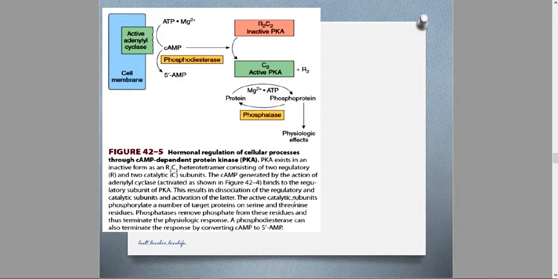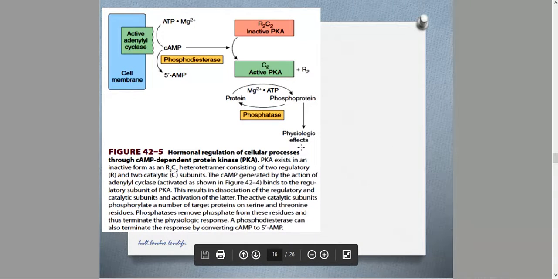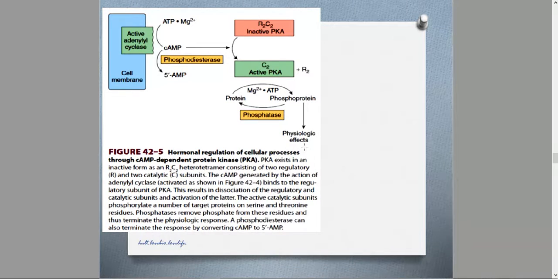Phosphorylated protein kinase can mediate the phosphorylation of certain proteins that will induce physiologic effects in the cell. We expect that, in order to control the output of physiologic effects by phosphorylated proteins produced by activated protein kinase, an enzyme called phosphatase dephosphorylates the activated protein. To show you some examples of hormones that use